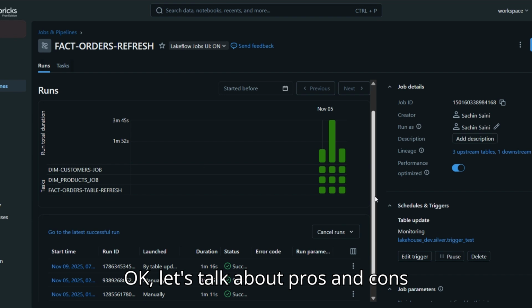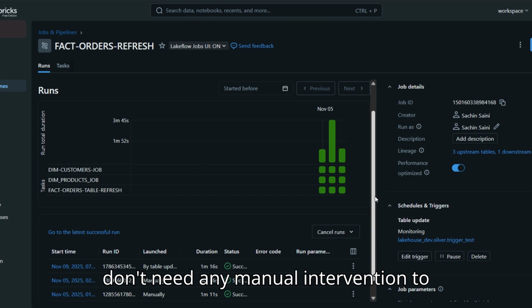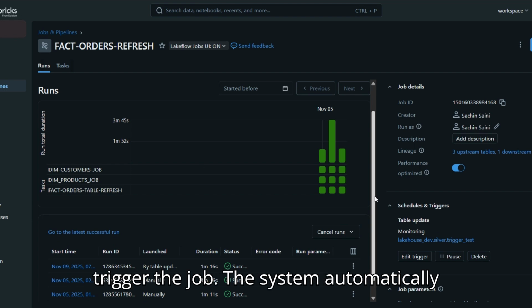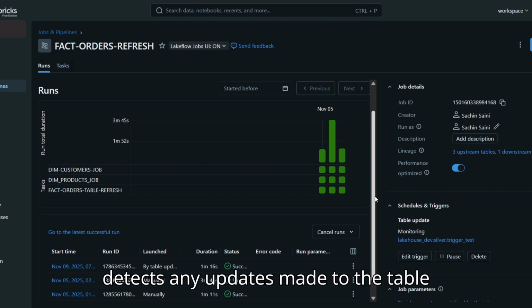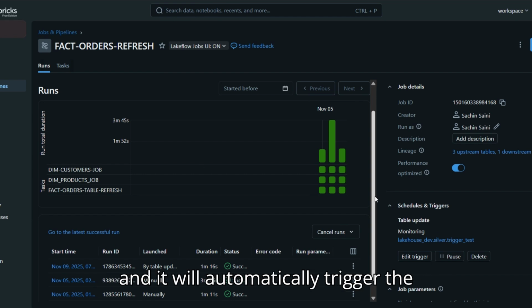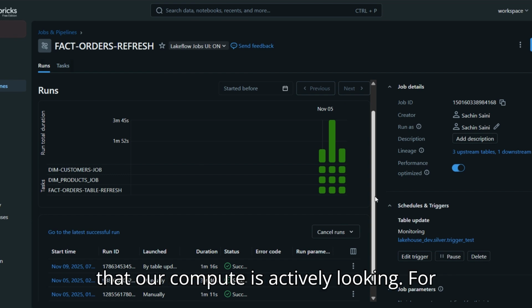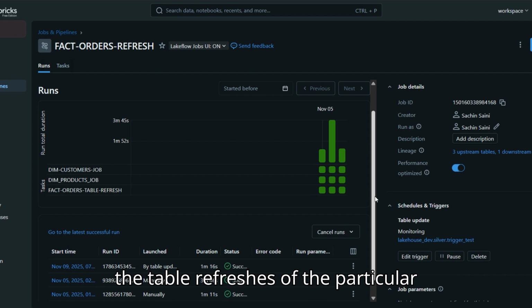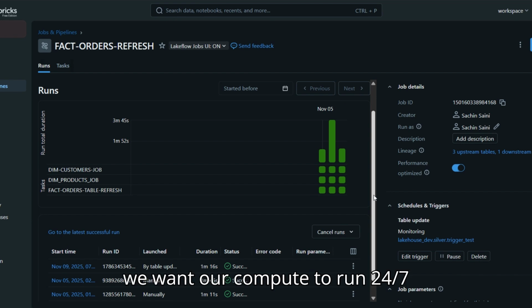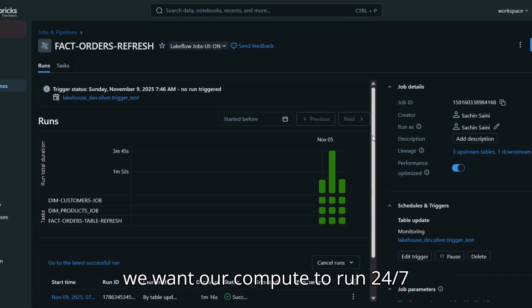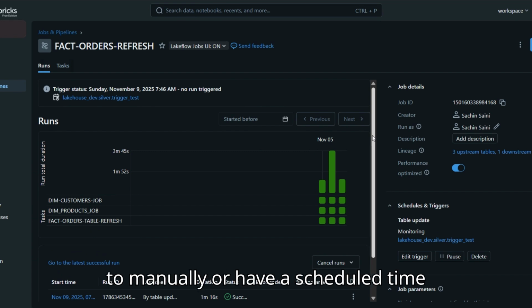Okay, let's talk about pros and cons of this feature. The pro being we don't need any manual intervention to trigger the job. The system automatically detects any updates made to the table and it will automatically trigger the job. The downside, or the con, is that our compute is actively looking for refreshes of the particular table. So it's a trade-off between whether we want our compute to run 24/7 monitoring this table,